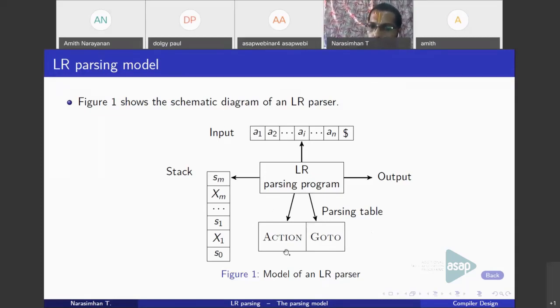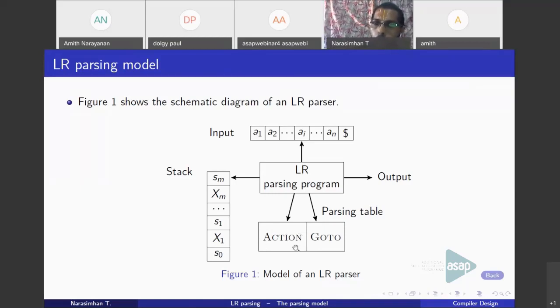Here you find that the parsing table has two parts: one is known as the action part, the other is known as the go-to part. You will recall that for a shift-reduce parser, there are four possible actions: shift, reduce, accept, and error. Those four actions are specified in the action part of the parsing table.